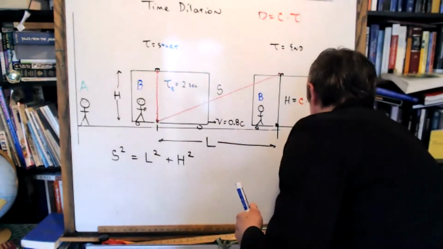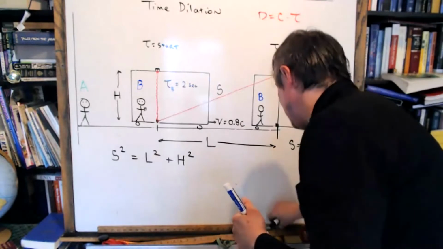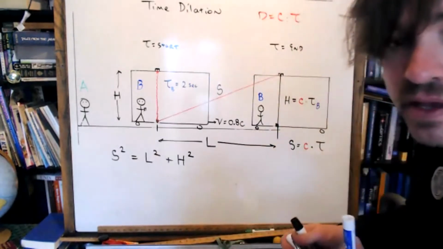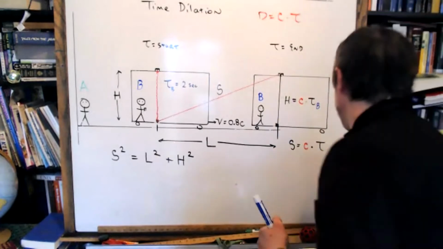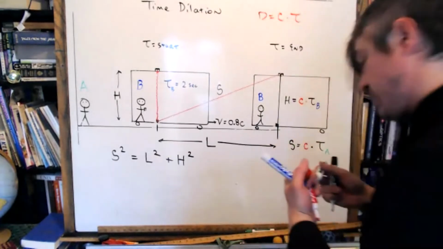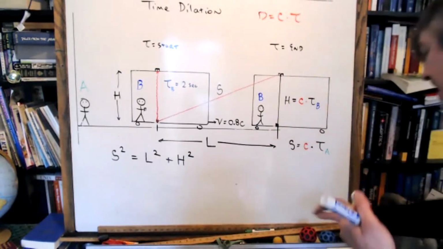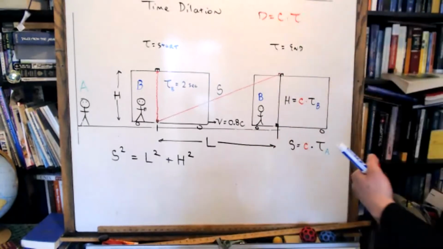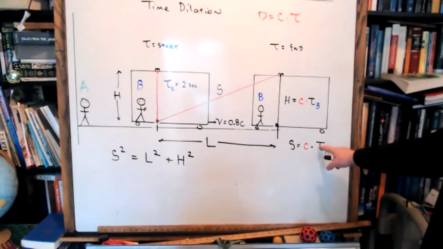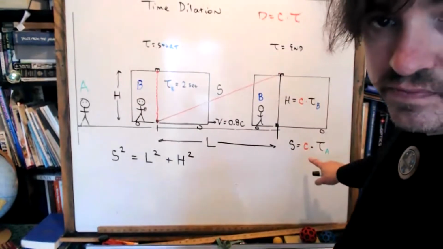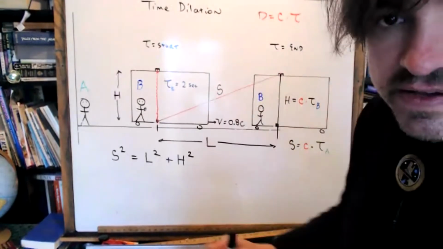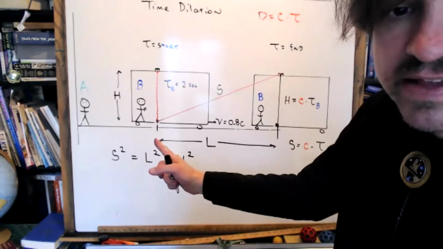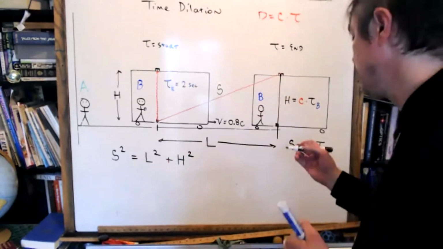However, the time is now not going to be B's time, but it is A that observes the laser travel along the hypotenuse. This becomes T sub A, which we do not expect to be the same as T sub B. Did that make sense? Yeah. I need one more distance equals rate times time. Let's deal with the L, okay?